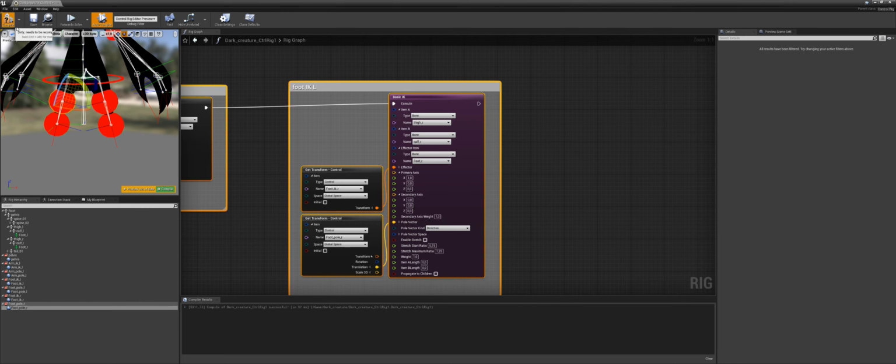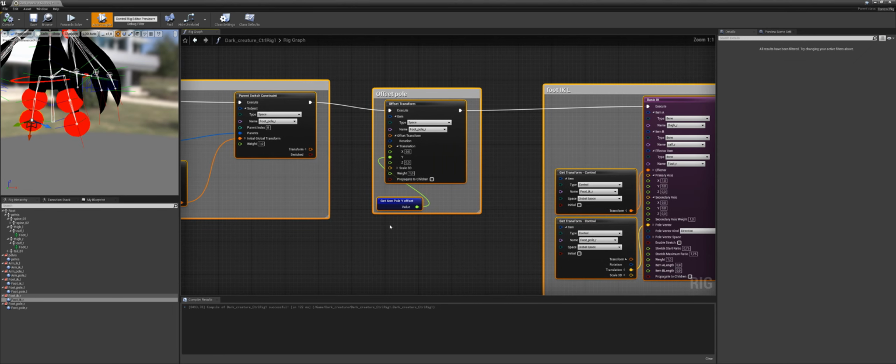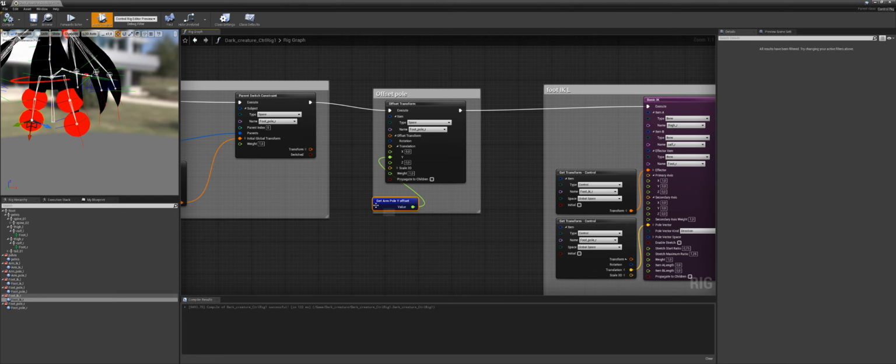Let's hit compile here really quick, and let's just see if it works. I hope it works. And it works right out of the box. Isn't that cool? Now one thing though, and I explained this a few moments ago, if we change our